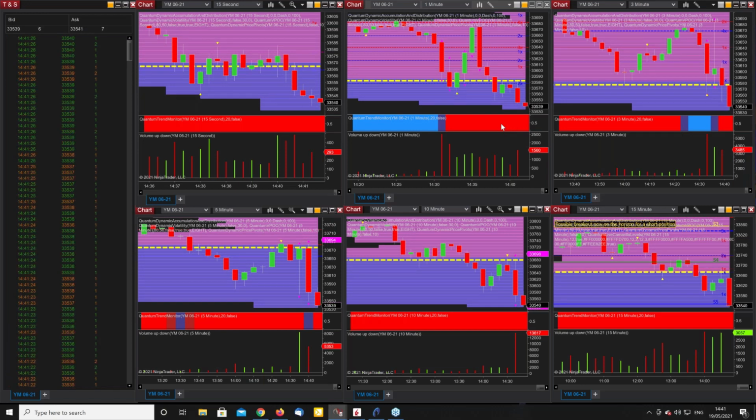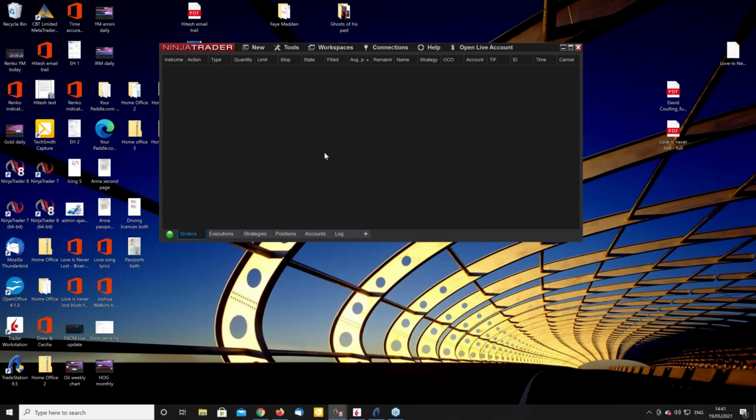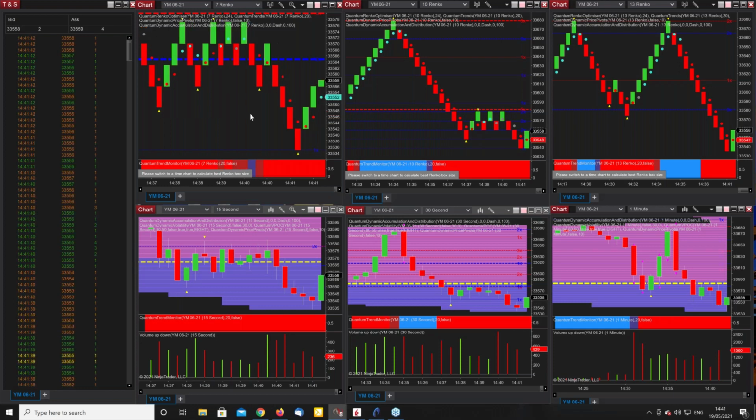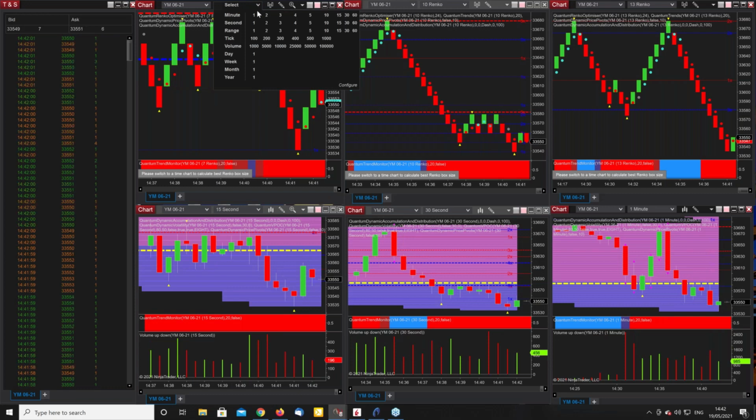See as it develops. And of course, I've got that on the Renko, and this is on Renko. With the Renko optimizer, running it in this way across multiple timeframes, basically I've got a Renko matched to the time frame at the bottom. So I've got a 15 second here, a 30 second here, and a 1 minute over here. So I can apply VPA analysis down the bottom here. I've got all my indicators, and then I can select the optimal brick size for that particular time frame. So if I go to the 15 second,